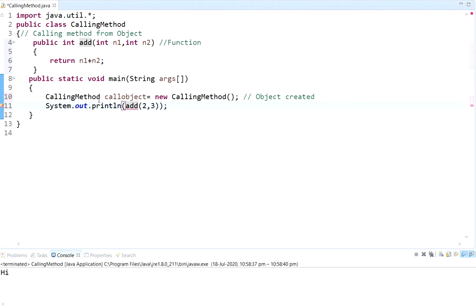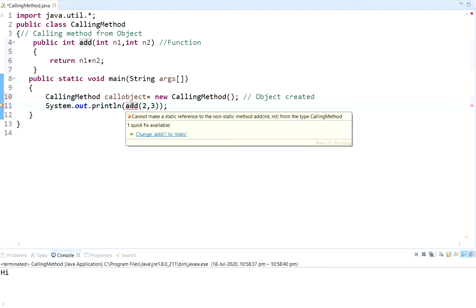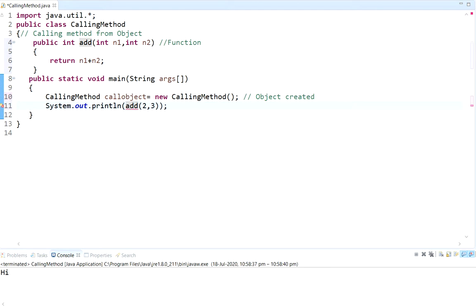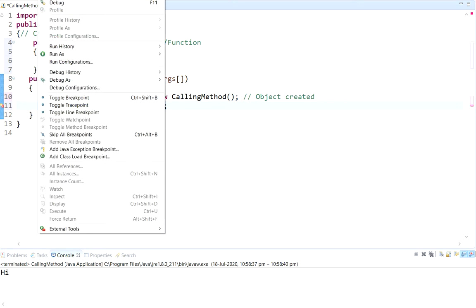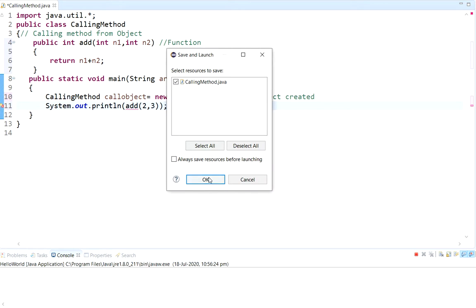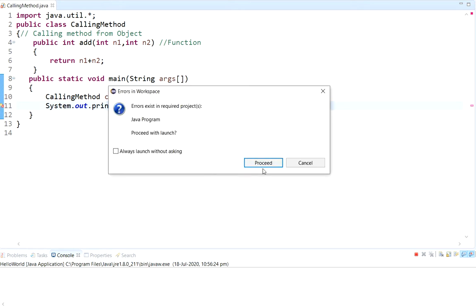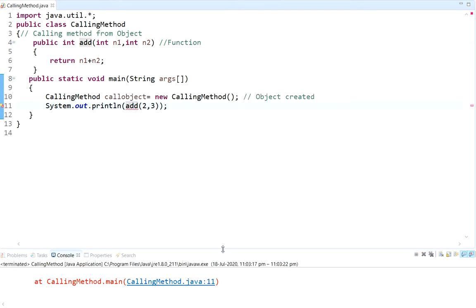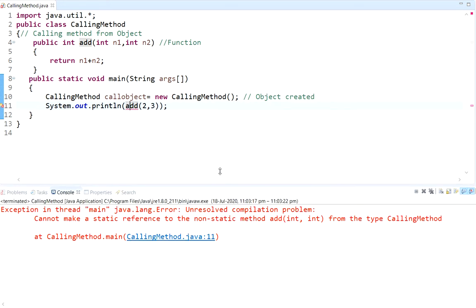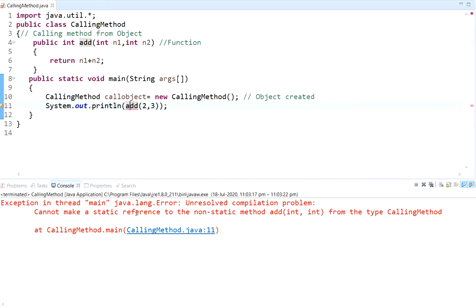Now you can see here this is showing an error: cannot make a static reference to non-static method add int. Now when I am running this program, this will show an error. Now you can see the error here: cannot make a static reference to non-static method add.